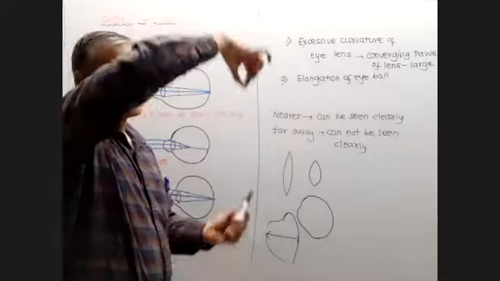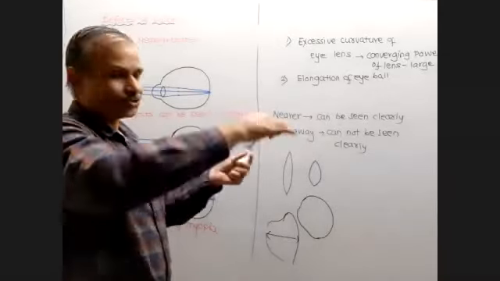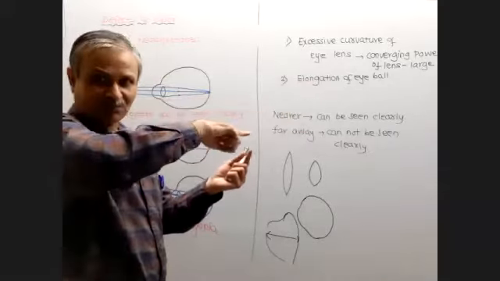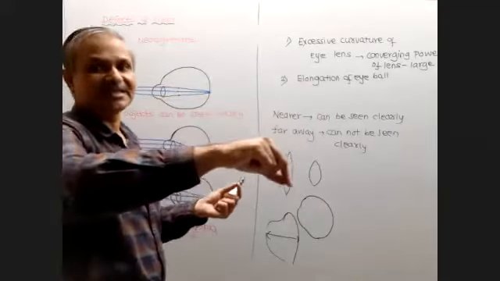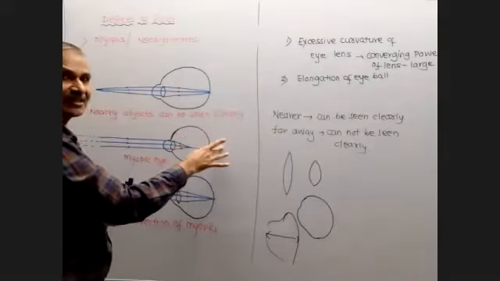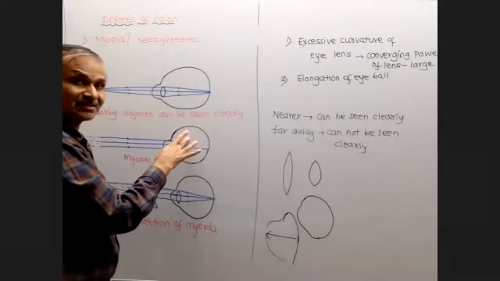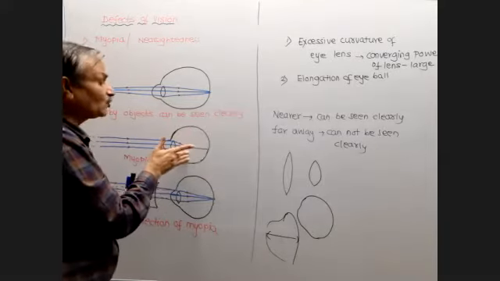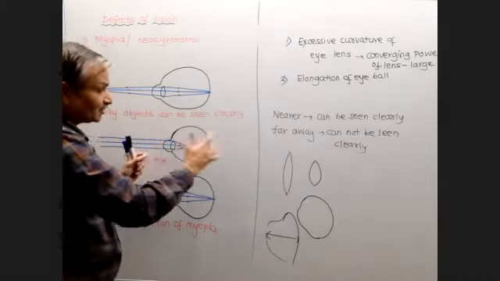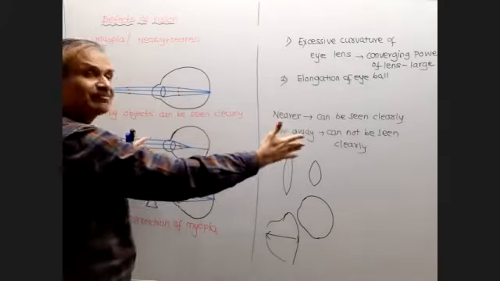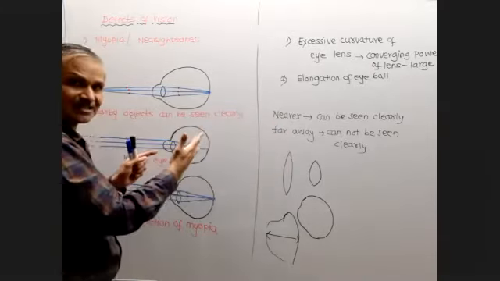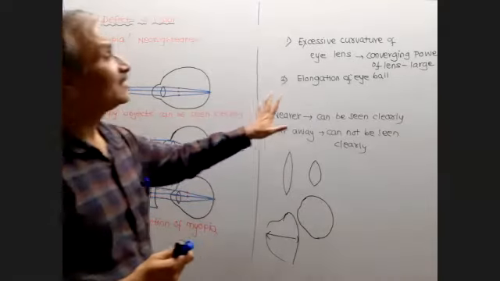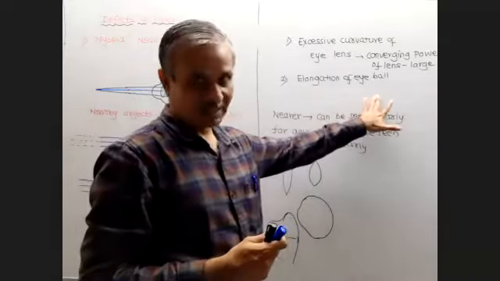Elongation is like this. Flattened means like this. So once it is elongated, the distance from here to the retina will increase. Suppose initially it is 10 centimeter. Now suppose it becomes 15 centimeter. The image will fall 5 centimeter before the retina, because this distance, instead of 10, becomes 15 now, but it will fall at 10 centimeter. It's 5 centimeter before that only that it will fall. This is called elongation of the eye.